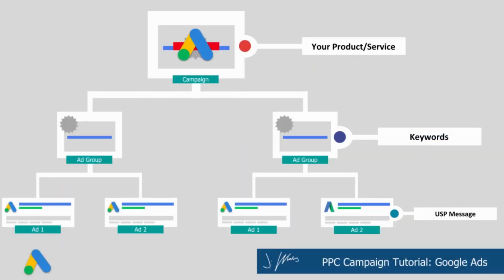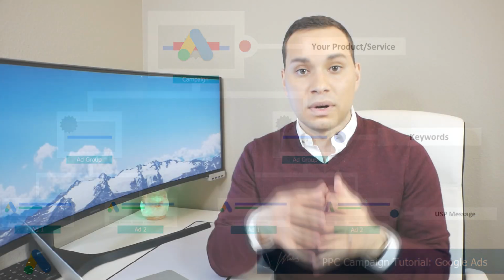Typically, when you're setting up your new campaign, you want 3 to 5 different headline variations to test, and your URLs and body copy or description can pretty much be the same. And just like that, we've chosen our product or service, we have our list of keywords, and we have a good system for creating and writing our first set of ads.